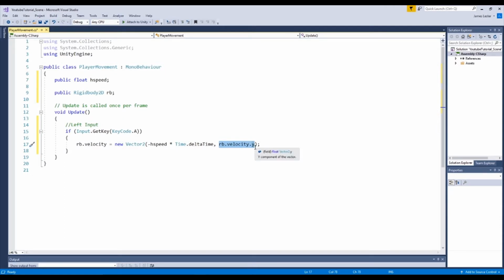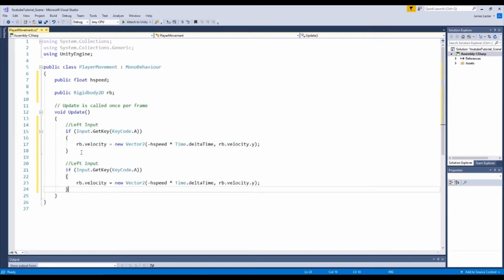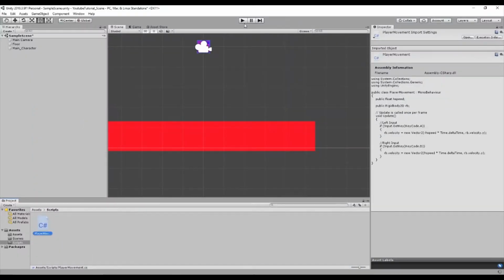That just equals whatever it is. Doesn't matter to us in this instance. So let's copy this, go push push, change that value to right just so we know. If input.get key code D, because we're going to move to the right, and if we remove the minus, so we're now moving in positive values, do the exact same thing as we've done above. So if we hit play now,